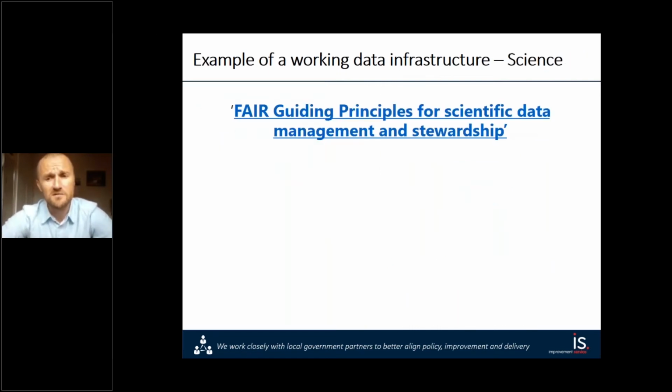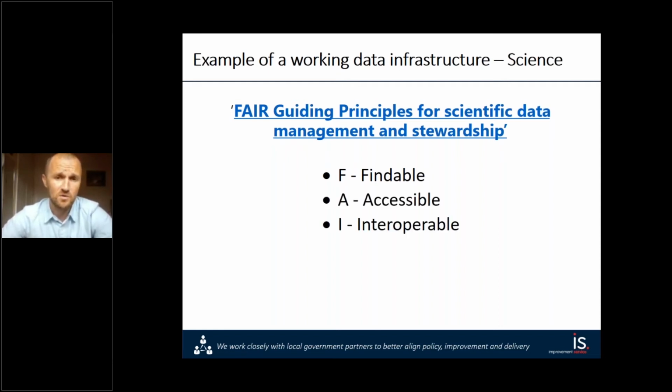If we look at other areas within the data community, the science community have recently started talking about the FAIR principles around sharing of data. And when you look into these, they're actually not dissimilar to what Inspire was talking about in 2007. So FAIR generally stands for F, findable, A, accessible, I, interoperable, and R, reusable. So you can see why it mirrors what Inspire was saying all those years ago. But we're starting to see far more people talking about these FAIR principles around data.